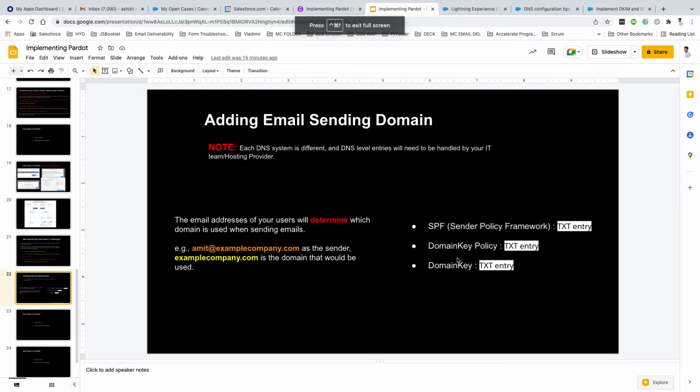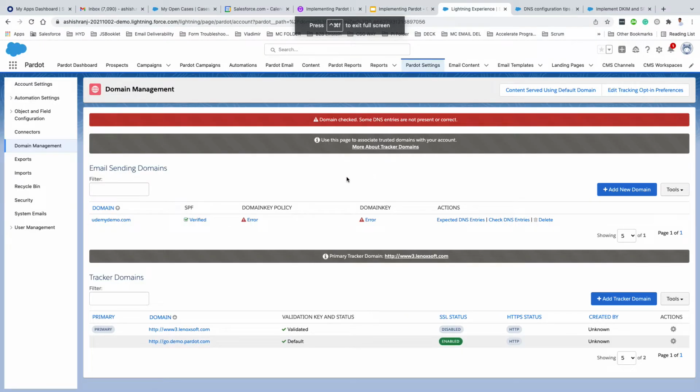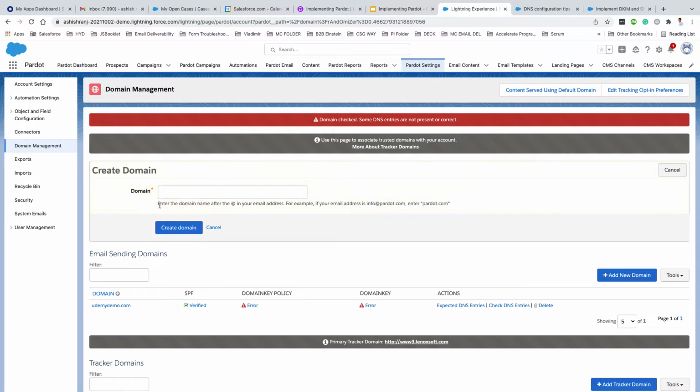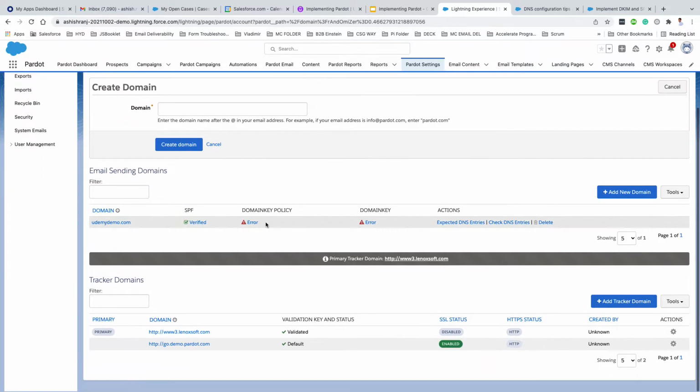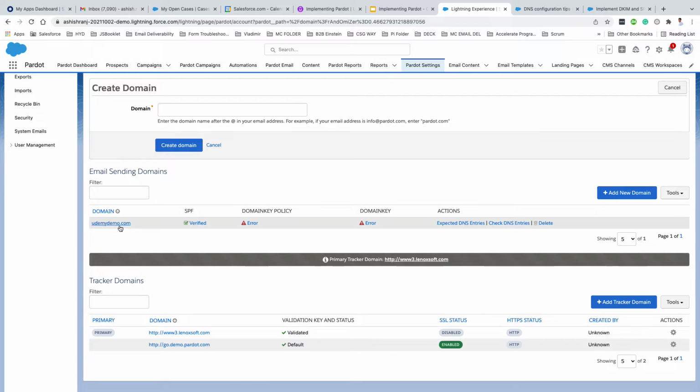Let's see this in action. Once you are in your Pardot account, click on the Pardot settings tab and then click on domain management. Once you click on domain management, you'll come to this page. You simply click on add new domain. You can see this help text, which will help you decide what you should be adding as an email sending domain in Pardot. Like, I have created this udemydemo.com,